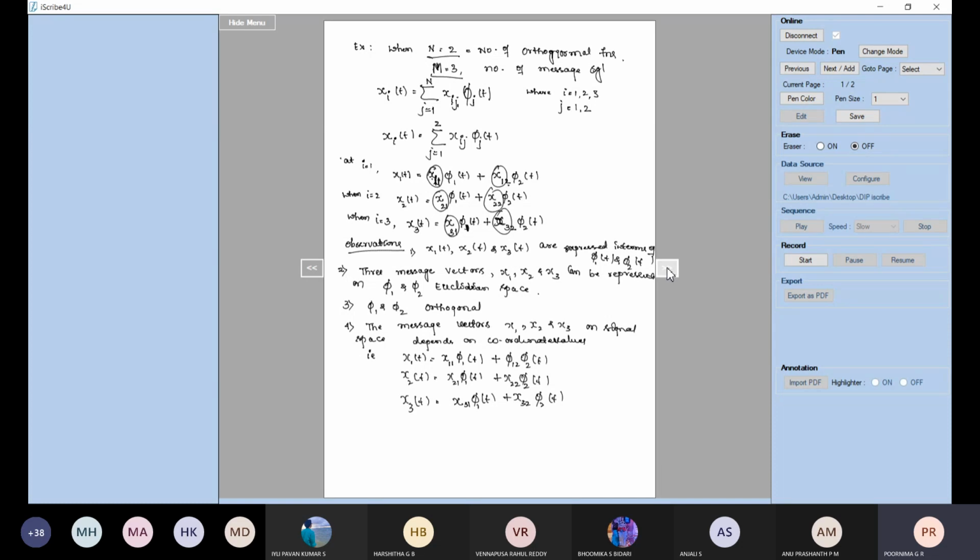So now you have the coordinates. Assuming coordinate values as,